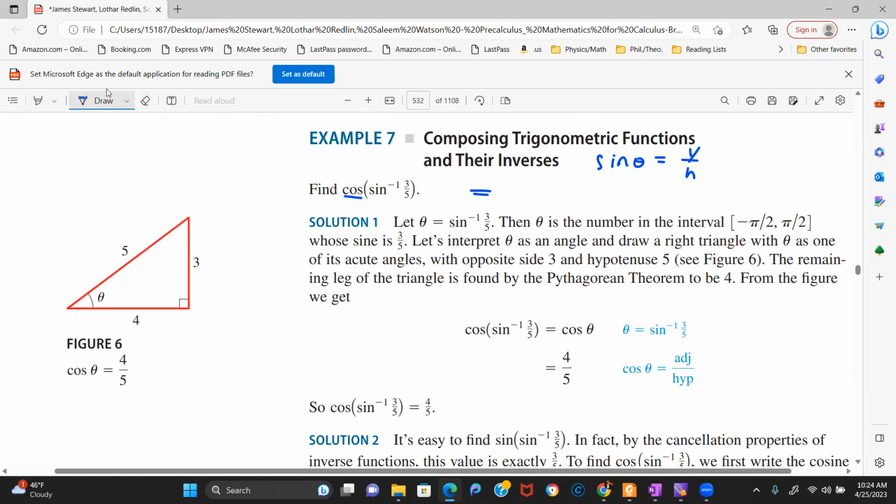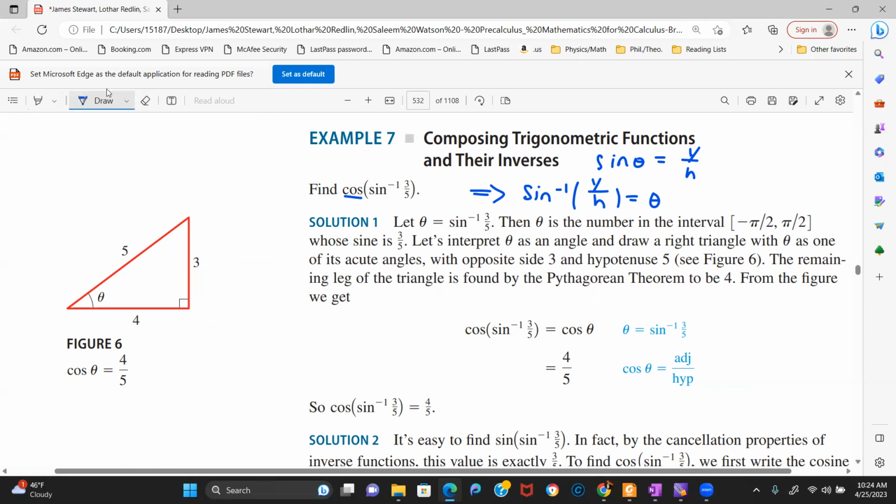Over h. So that implies that sine inverse is going to be y over h, and it's going to be your theta. So we have a theta here, so we draw our theta there. And then what this says is that theta is